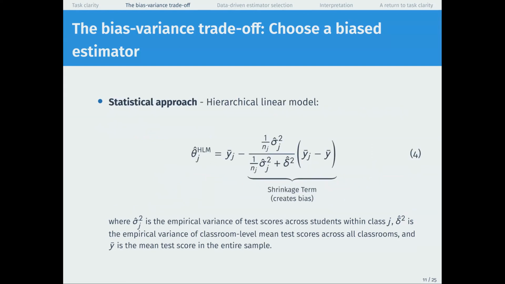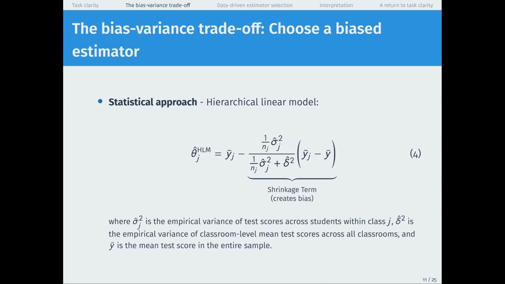Another estimator that would be familiar to statisticians is a hierarchical linear model. So this looks like really complicated math, but it's actually not terribly complicated in terms of intuition. So the hierarchical linear model estimate says at the left, I'm going to start with that simple mean score. So for all students in classroom little j, this could be like classroom 1, just take the average score of the ones I sampled. Then this term on the right is known as a shrinkage term. So you see at the far right here that this has the deviation between my estimated mean in classroom j and y bar, which is the grand mean over all the cases I sampled.